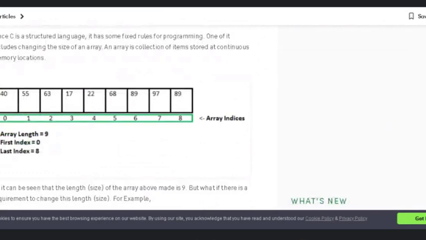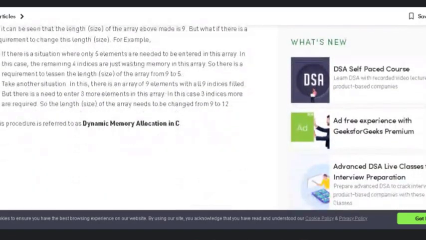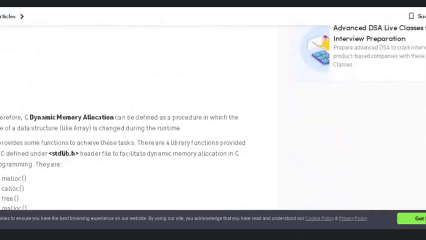Okay, so here it is shown that this is the array 40, 45, 63, 17. These are the array elements and these are the index values for the array elements of the whole array.